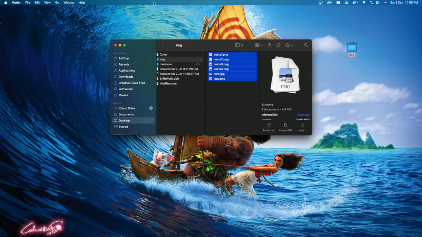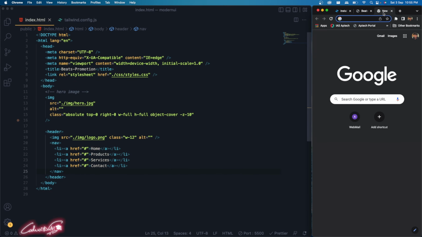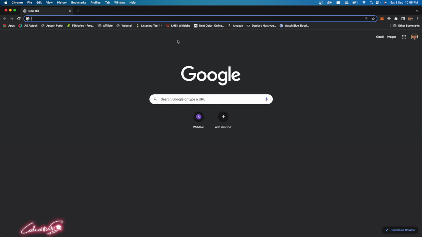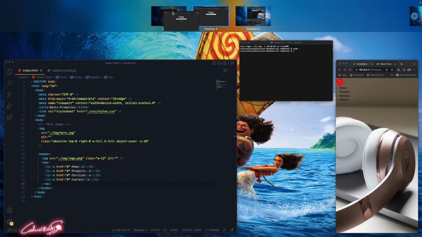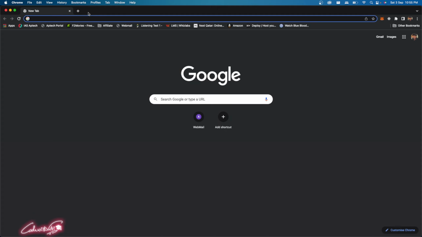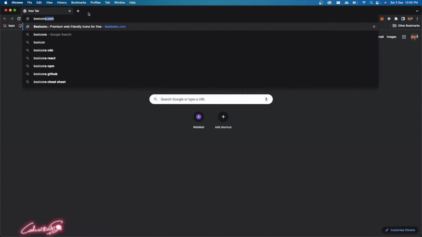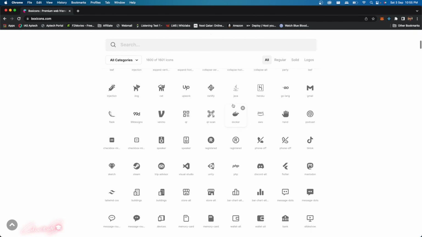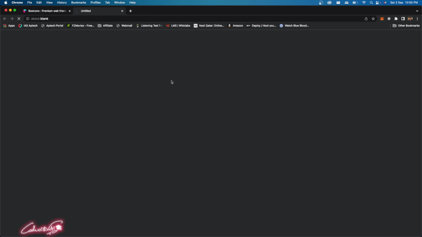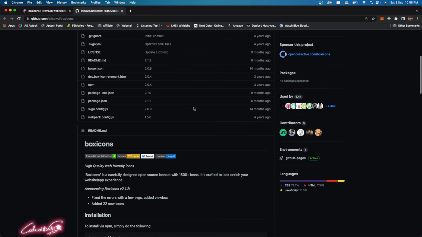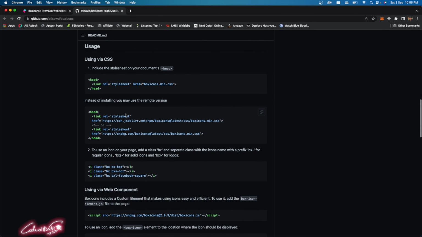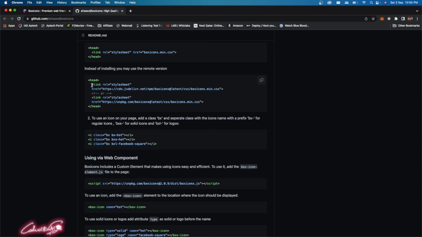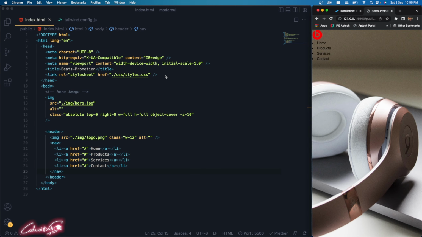So for menu icon, I'm going to use the... what happened. So let me create a new tab and bring it separately. Okay, so here I'm just going to use the box icons. We are going to use the box icons. So search for box icons, so you can find some material UI icons over here. So here click the GitHub, that will take you to their official GitHub, and you can find this link tag. If you scroll down, you can find the CDN link, content delivery network. So copy this line from here, copy it, and then paste it right after your